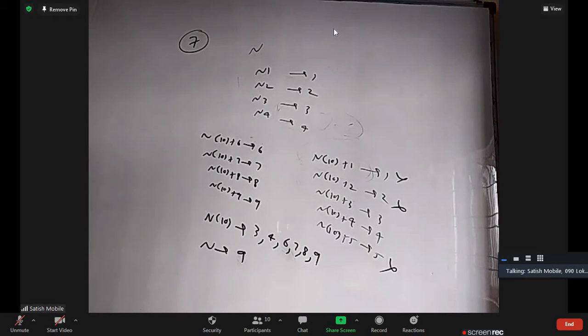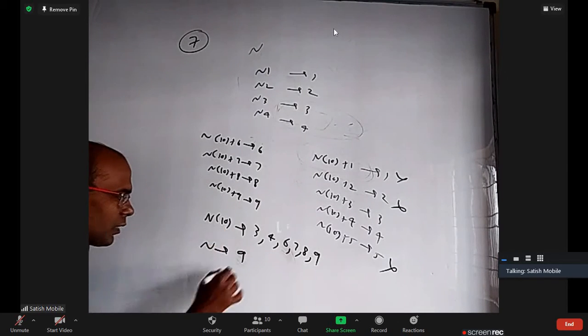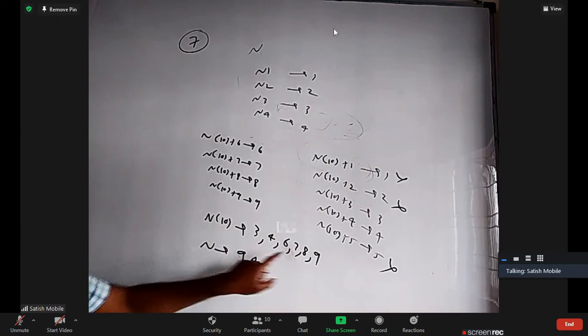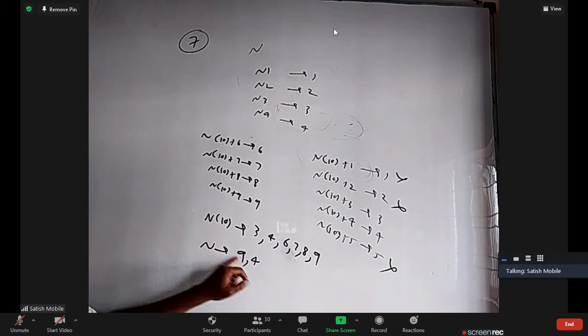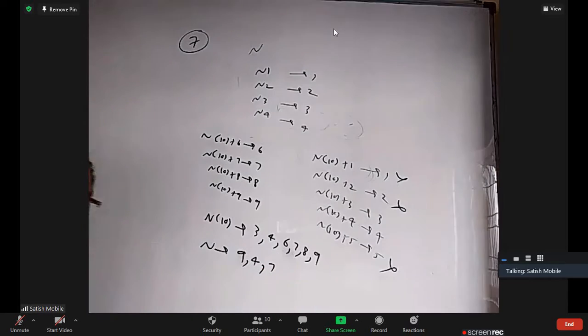Sir, multiple of 4, sir. No need for 8. Multiple of 4 is sufficient because 1, 2 can take care of here. You are right. So it should be a multiple of 4. Okay. Because it should be divisible by 8. And now even 4 is taken care of and 6 is taken care of because n is already a multiple of 9 and 4. Definitely it should be a multiple of 7. Okay. So we have taken care of all of them.